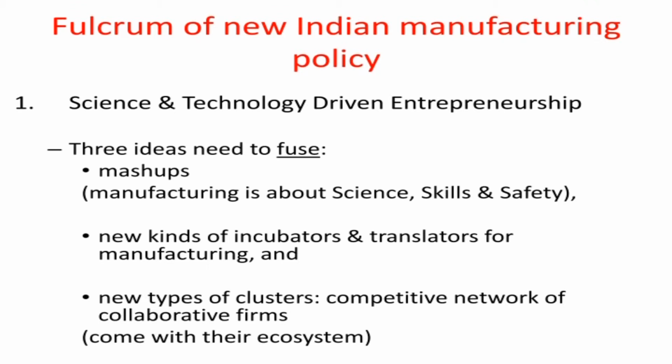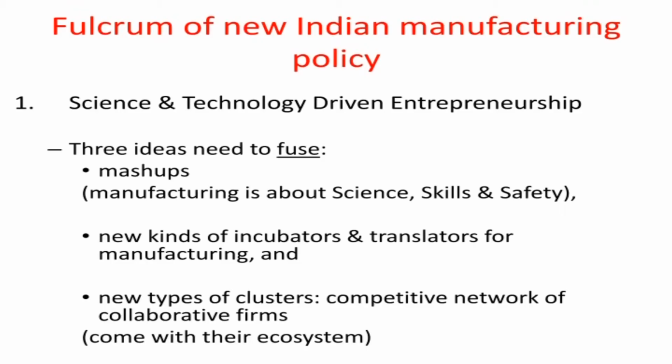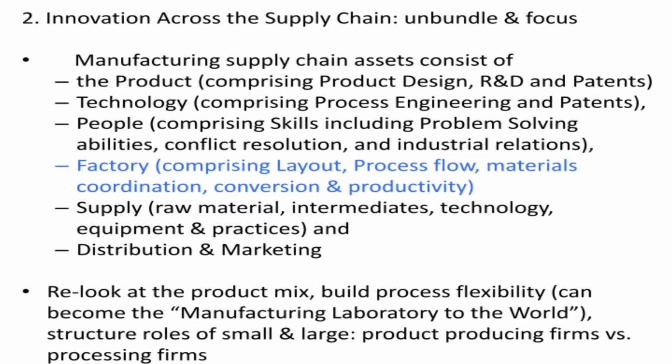So keeping all of this at the back of the mind, the fulcrum for Indian manufacturing needs to shift a little bit, based on three broad areas. One is science and technology-driven entrepreneurship, which is much more focused on small, high-variety firms that are very nimble, capable of doing very different things, and for which different ideas need to fuse. Different kinds of companies mash up, like the examples that I mentioned to you, Aspironics, different incubators and clusters that come with their own ecosystem. The second is